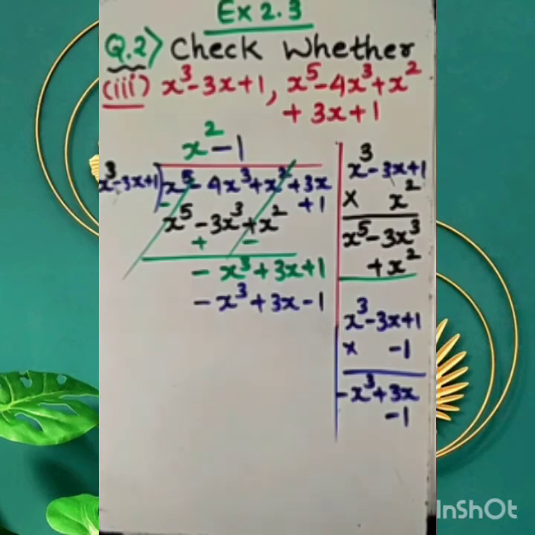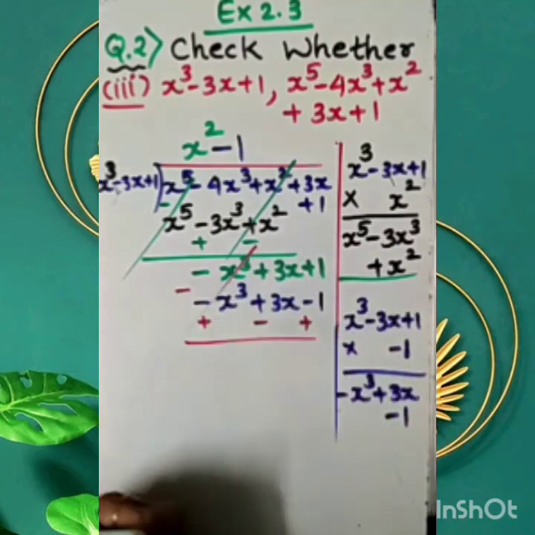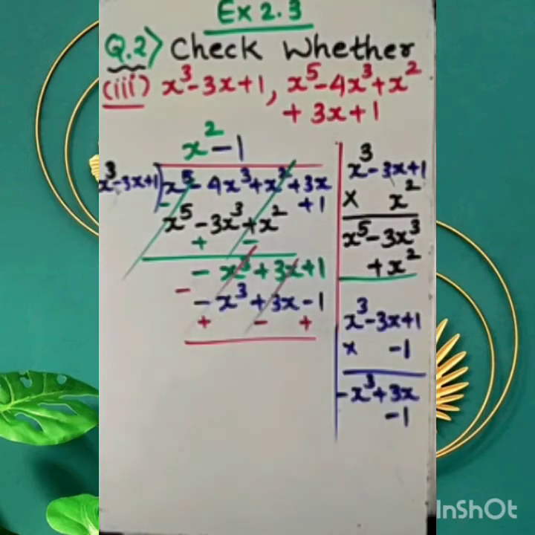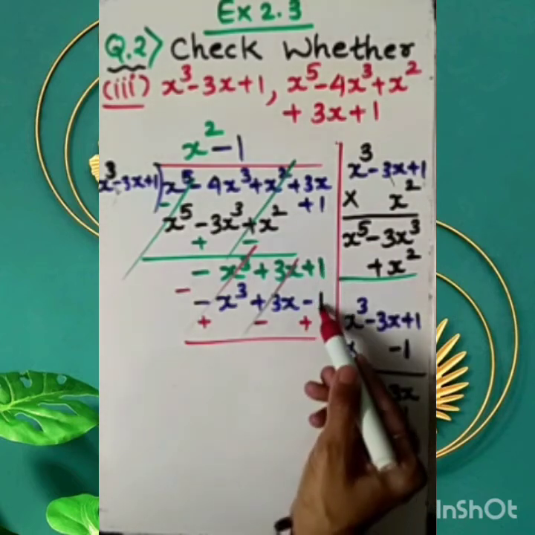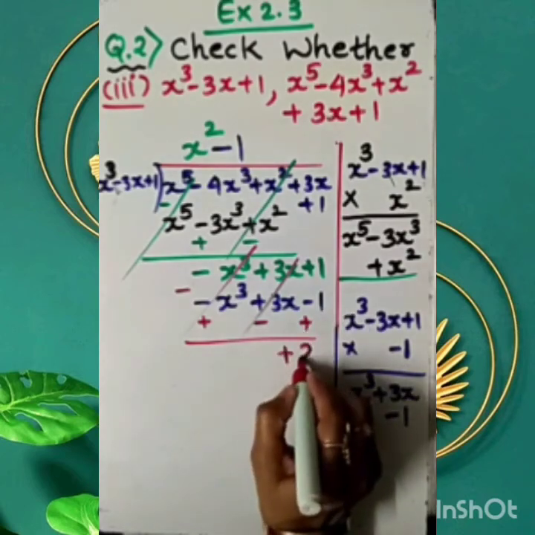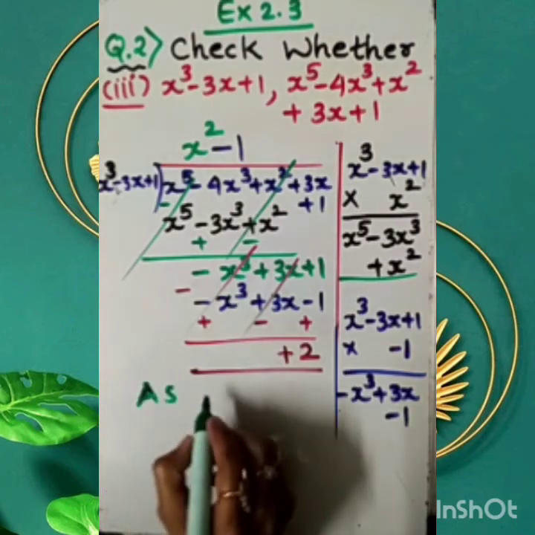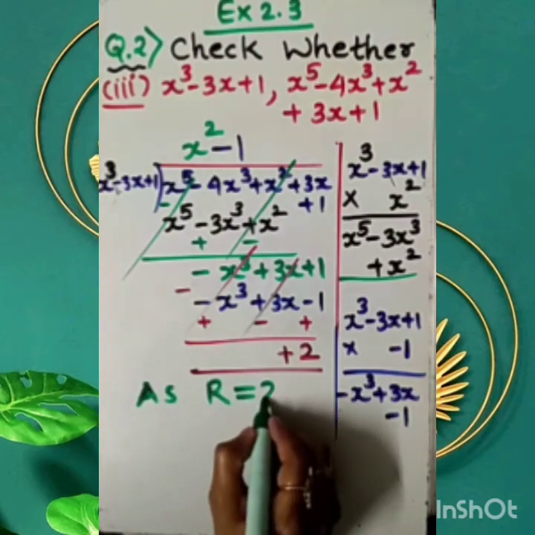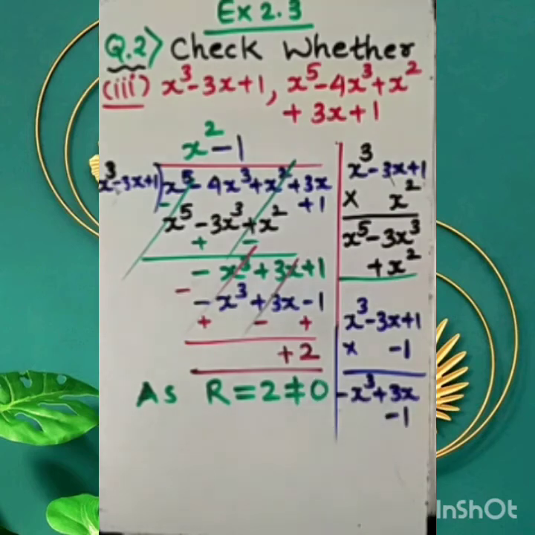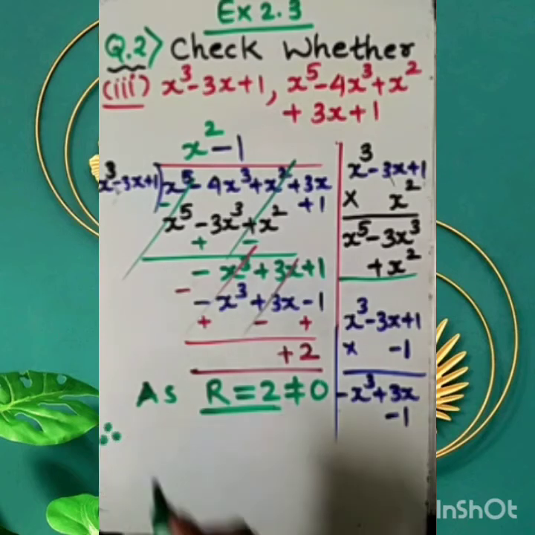Now as usual, we need to change the sign. Minus plus minus plus. This opposite sign cancels, opposite sign cancels. But dear student, here plus 1 plus 1. This is not minus 1. Plus 1 plus 1. So the remainder is plus 2. It means it doesn't come 0. This time the remainder is 2, which is not equal to 0.